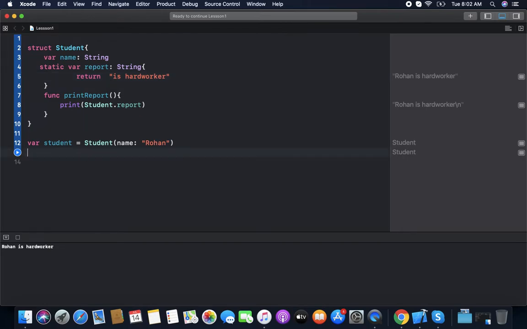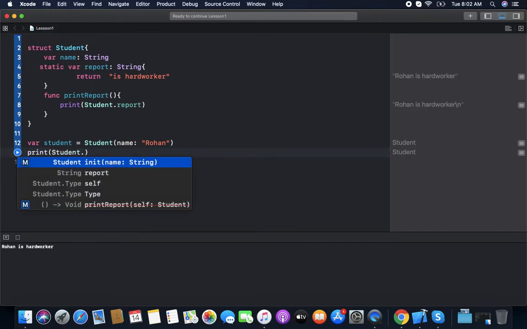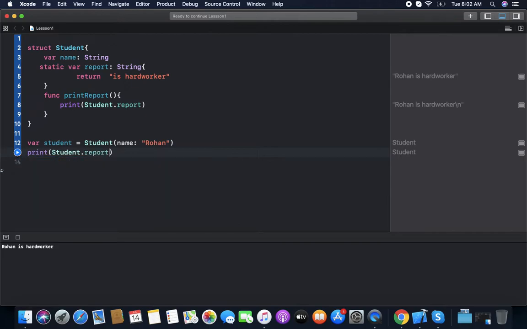You can also access it here with the class name only. So it will be globally accessed anywhere with only the class name. We do not need any instance to access this.